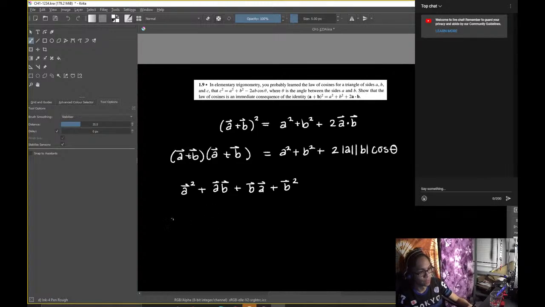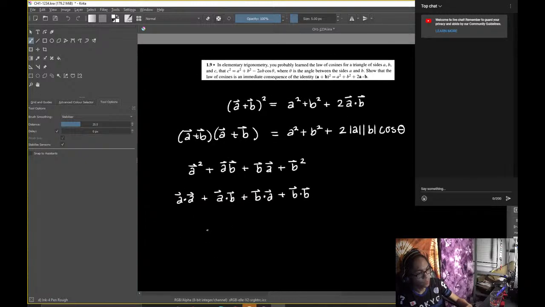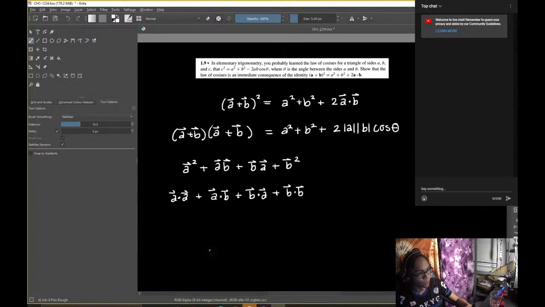Cosine 0 is that guy. So A dot product A is what it's saying, right? And this one as well, A dot product B plus B dot product A plus B dot product B. And these guys are basically saying magnitudes. Yeah, so A, basically A. There you go. Plus